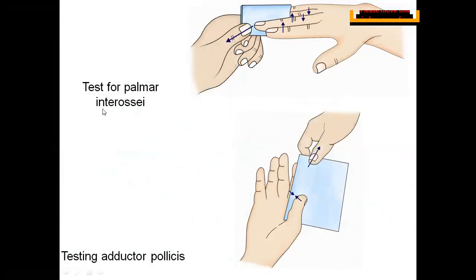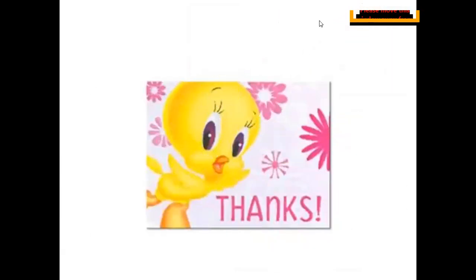Okay, now if you want to test the adduction movement, this is how you check. You just give a piece of paper between the fingers. If the person is able to bring the fingers close to each other, bringing about adduction movement, then his palmar interossei are working normally. Okay, this is adductor pollicis when you are checking for the thumb, adductor pollicis muscle, right? Hope you understood. And I also want to show you one small video so that you will have a clear understanding.